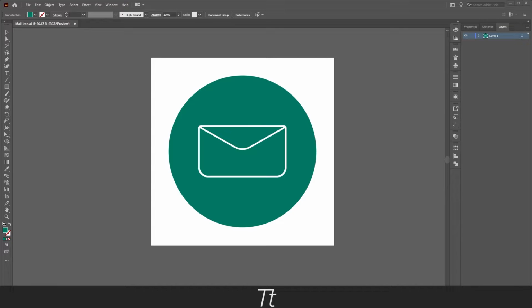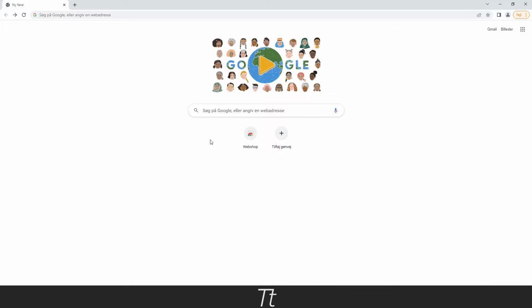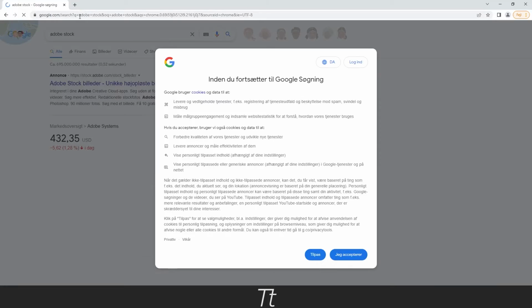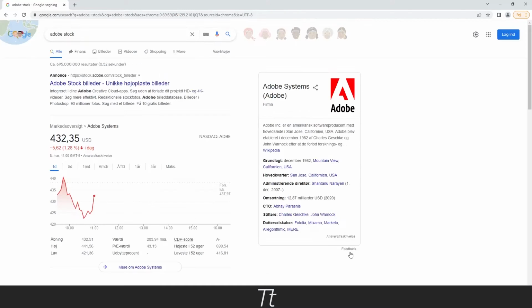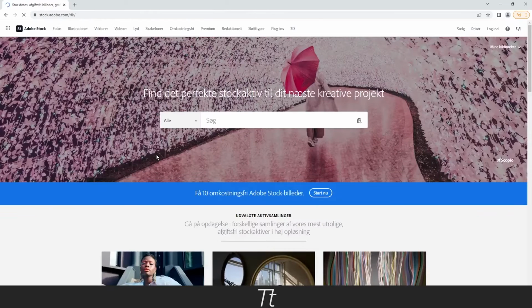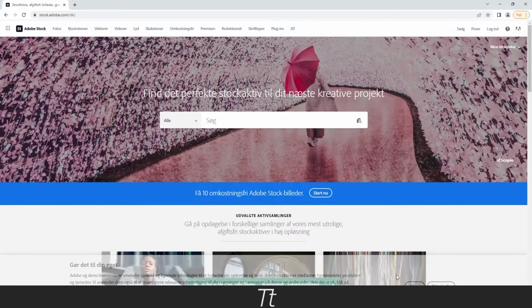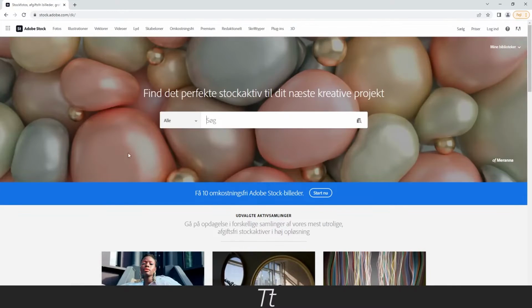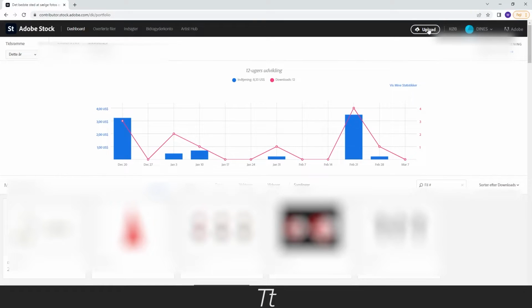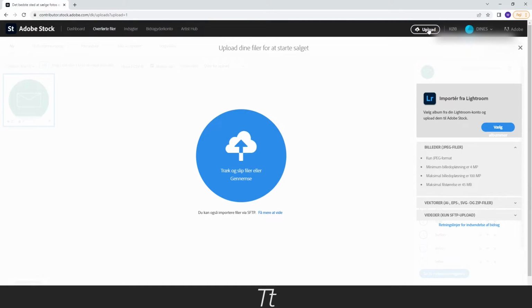So let's get to the Adobe Stock website. Go into your Google browser and type in Adobe Stock. Next we want to log in. When that's done you can press the Sell button in the top right corner and you will now enter your dashboard. Now press Upload and as you can see it's now time for us to upload our design. Press the blue button